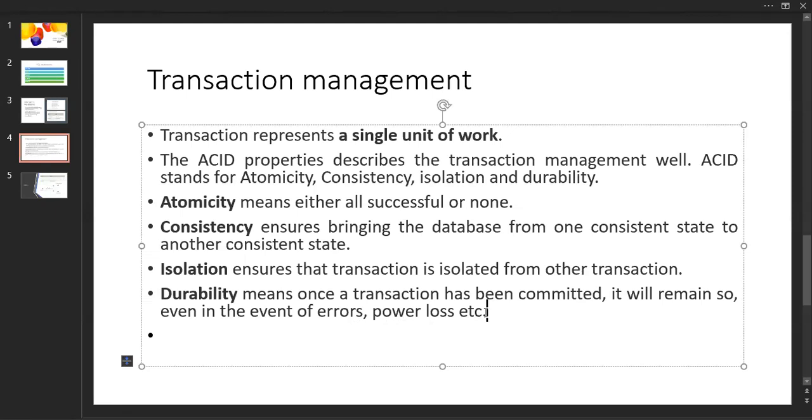If we commit the data, in the sense that after the data enters the database, suddenly there is a power cut and my PC fails, is there any loss of data? No, not at all. The database will stay live, whether the PC goes off or something else happens. The data will be there. This is about durability.